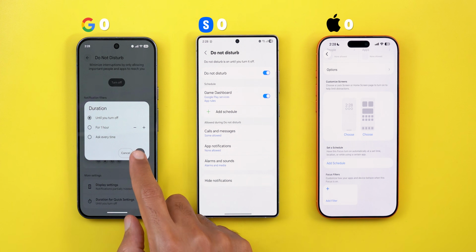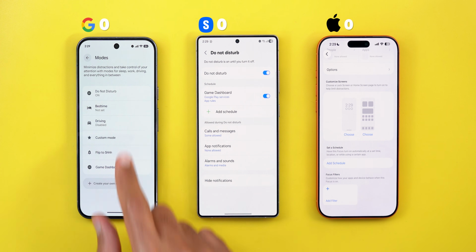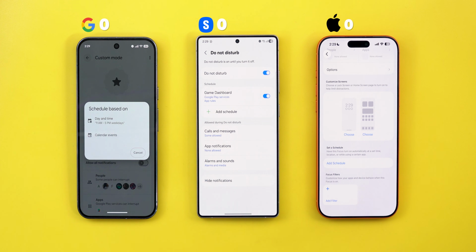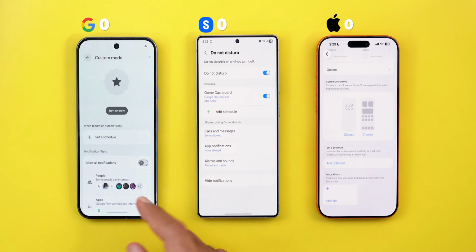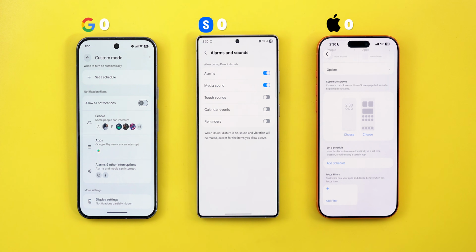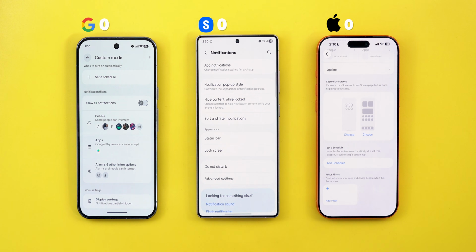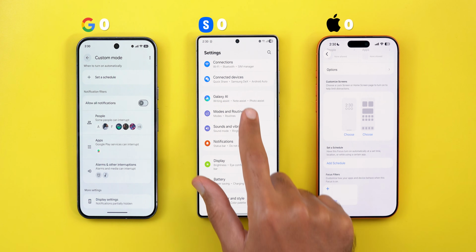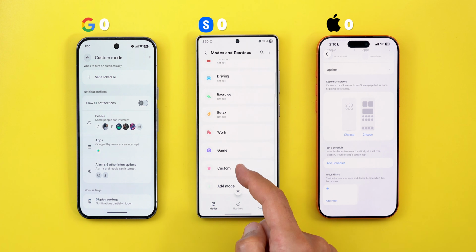period of time. In contrast, when I create a custom mode, I get the schedule option missing from the Do Not Disturb settings, but I lost the ability to automatically turn off the custom mode that was available under the Do Not Disturb settings. That makes me scratch my head. OneUI is also confusing. Do Not Disturb doesn't have the option to link a wallpaper, and there is a dedicated menu for setting the alarms and sounds. In contrast, under the custom modes, there is an option to link a wallpaper, but it's missing the alarms and